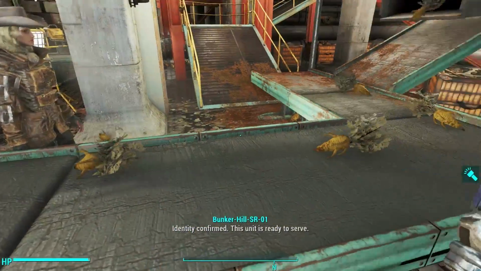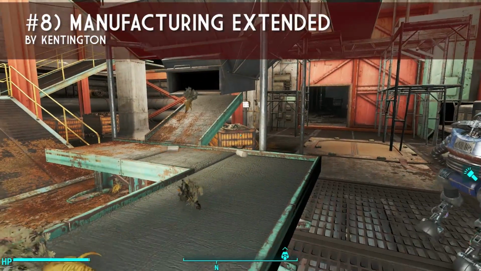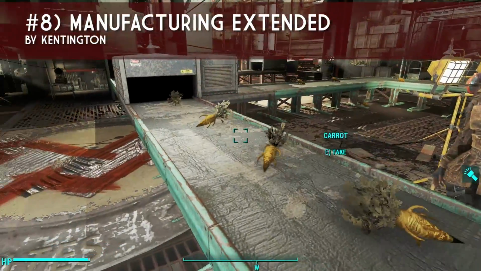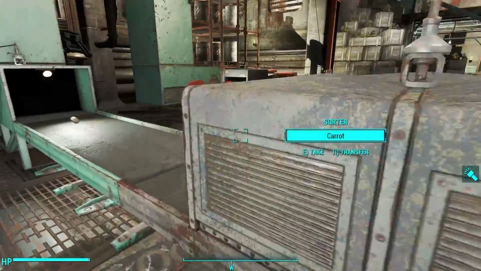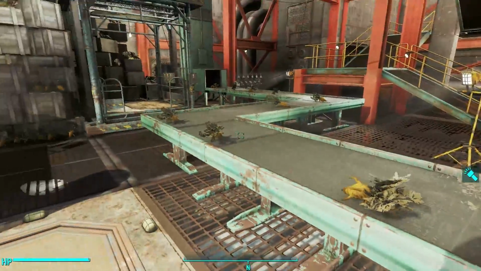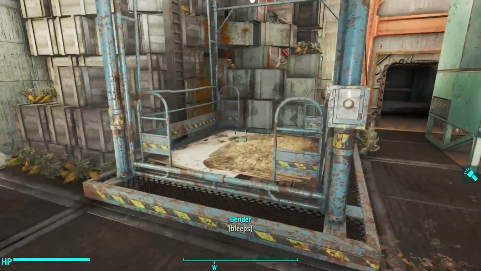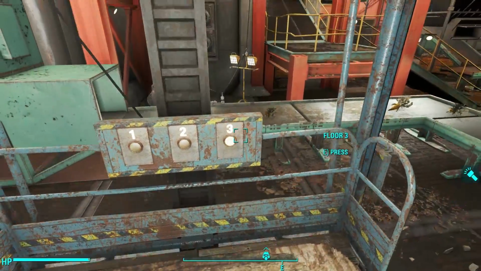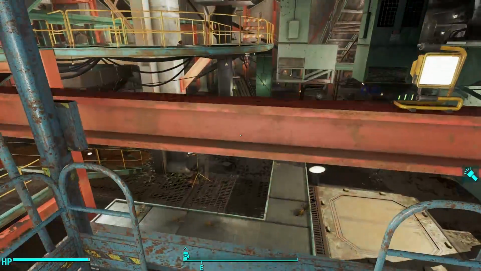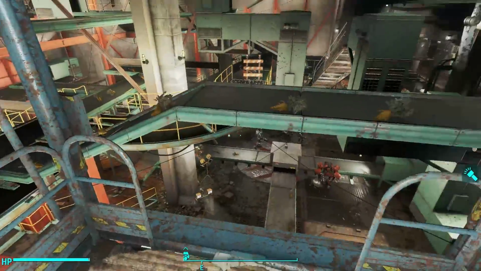And finally, number 8 is Manufacturing Extended by KENTINGTON. This mod is already available on the Xbox One and the PC, and the way it works is it takes the machinery, the conveyor belts and the extractors, and the forges in particular, and opens them up to give them new functionality. For example, the Contraptions Workshop did not come with a melee or fist weapon forge, so